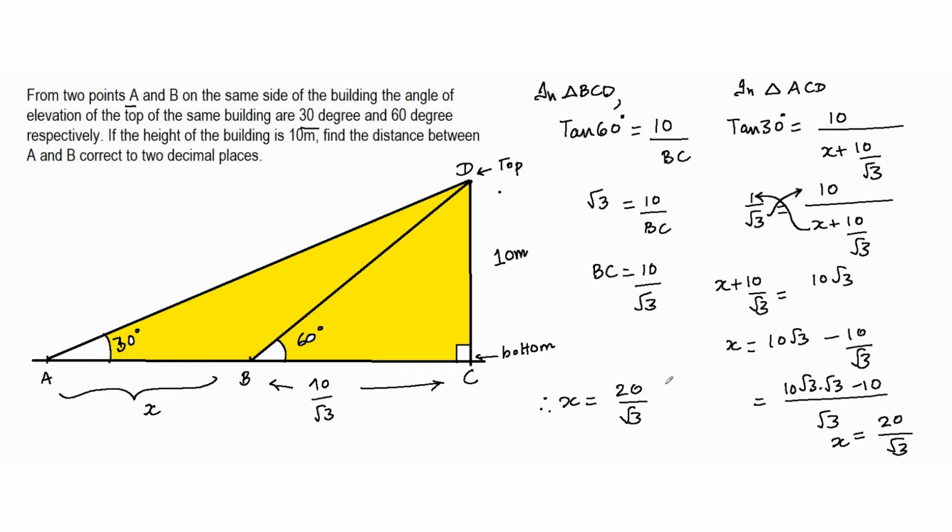Of course I need to rationalize the denominator. So let's multiply and divide by root 3. So this becomes 20 root 3 upon 3. And 20 root 3 is 34.64 divided by 3. And now I can find this value. This is going to be 11.546 bar meters. And that is basically going to be 11.55 meters. So we can round it off to 11.55 meters. So again, pausing for a minute before I take up the next question.